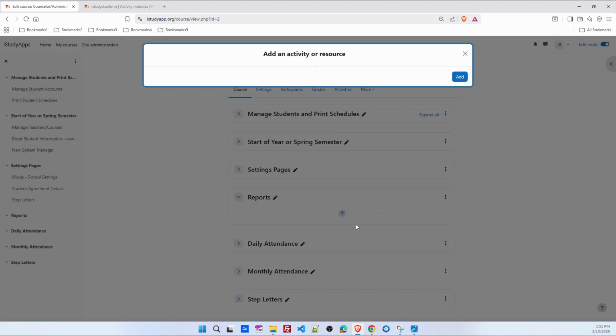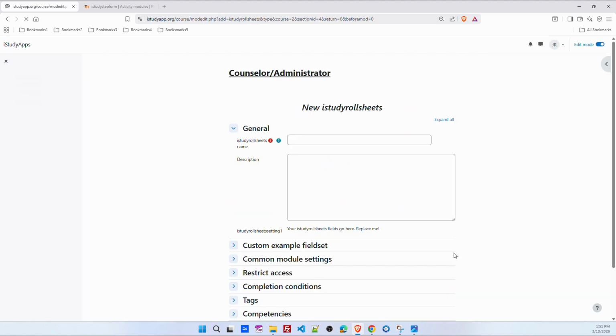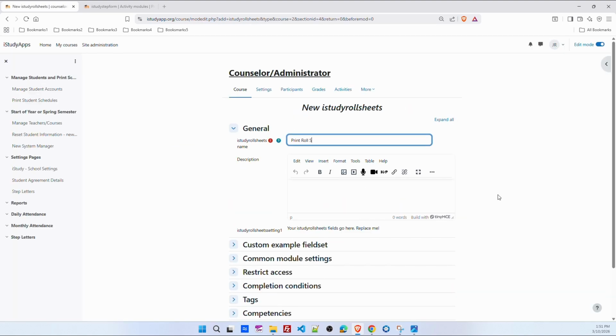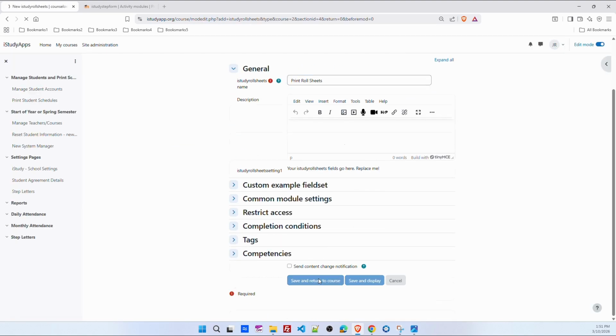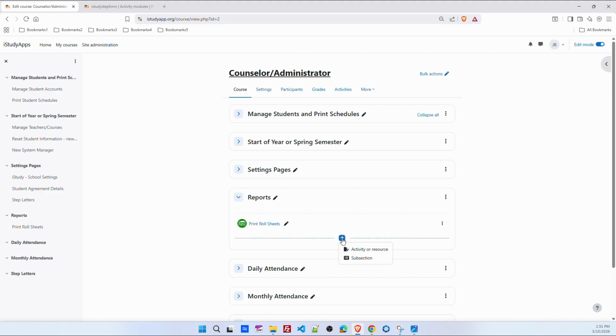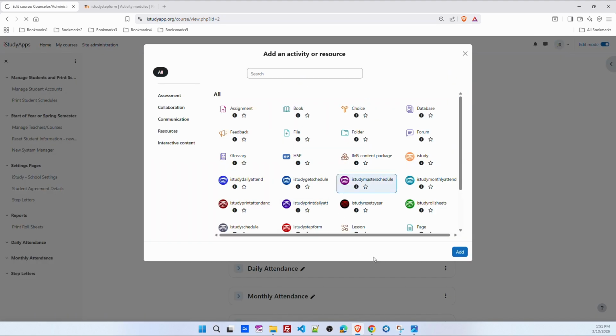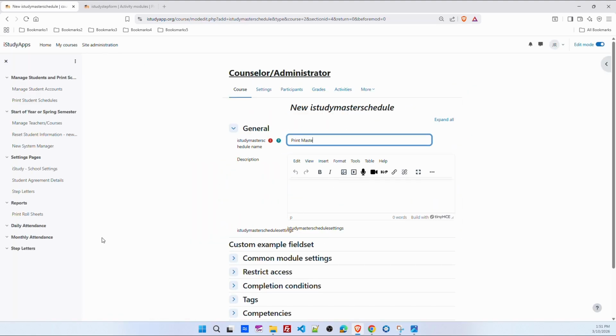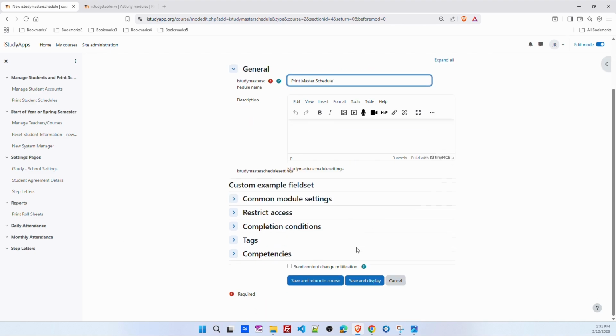Now the printing reports, we have a few to add, and these are all apps. iStudy roll sheets. This is where you can print roll sheets for your courses for each teacher. Then we're adding the print master